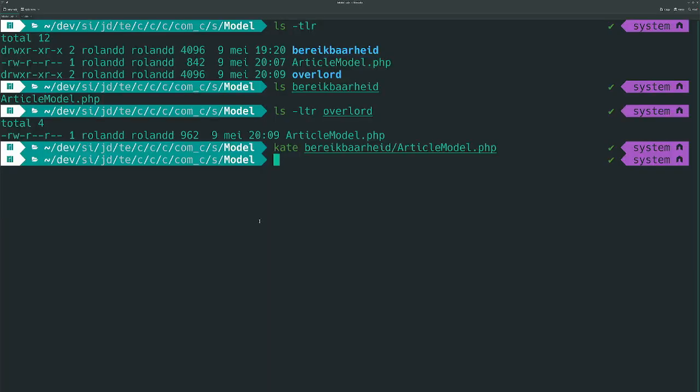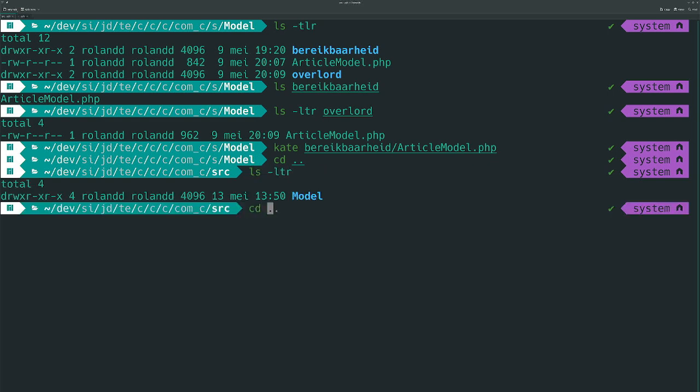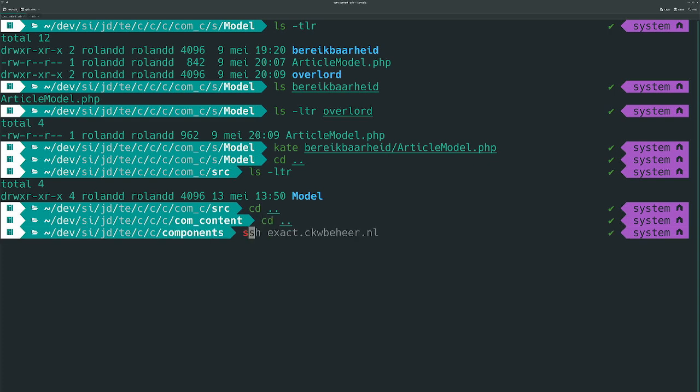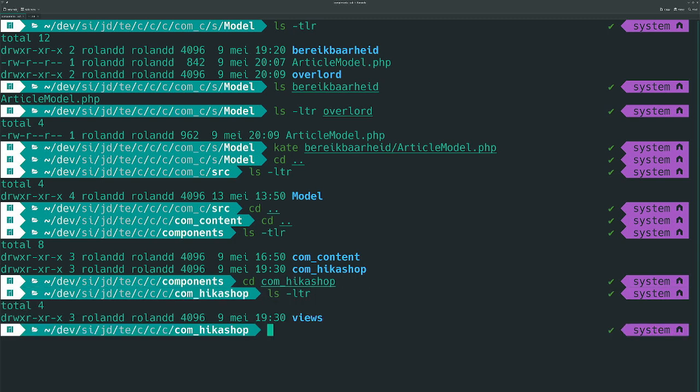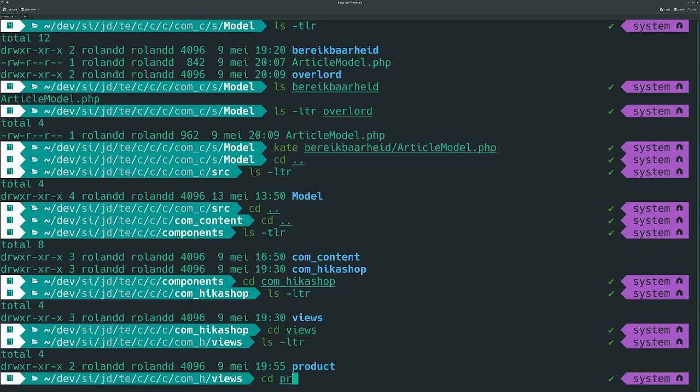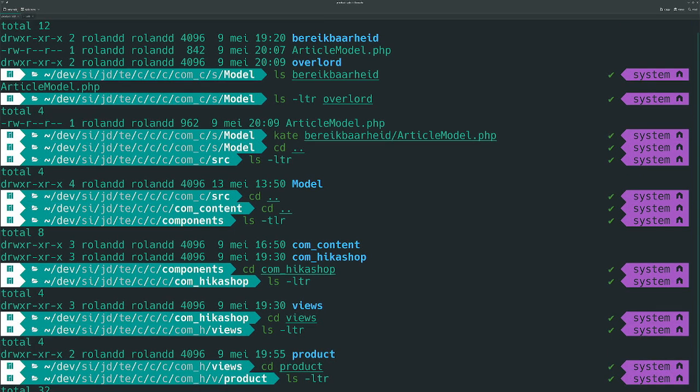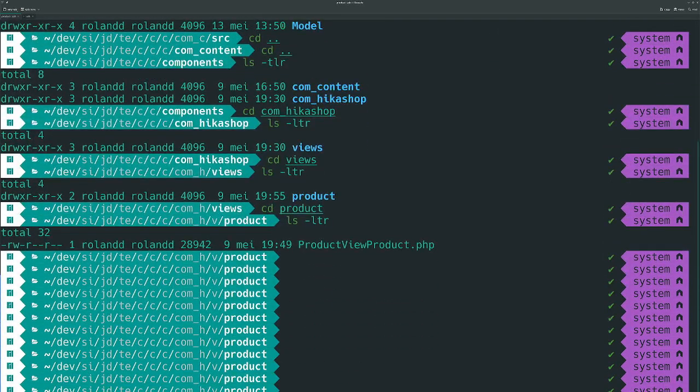And let's see the HikaShop file. So the HikaShop file here is called ProductViewProduct because that is the class name. If you look at the original file,